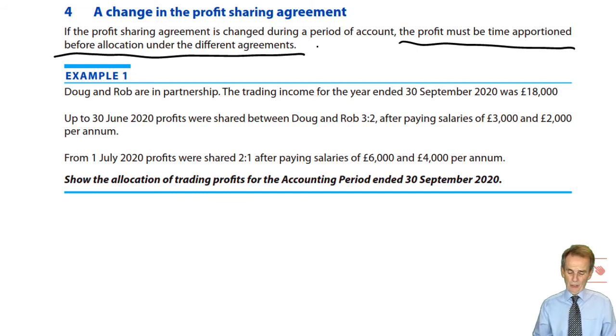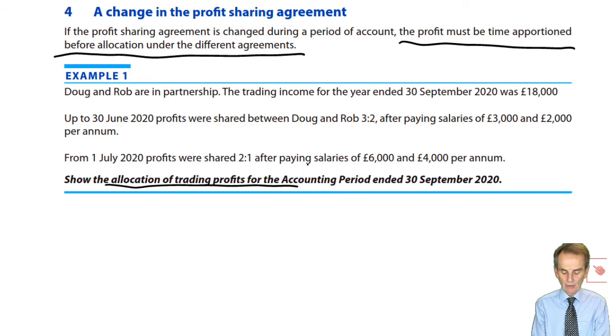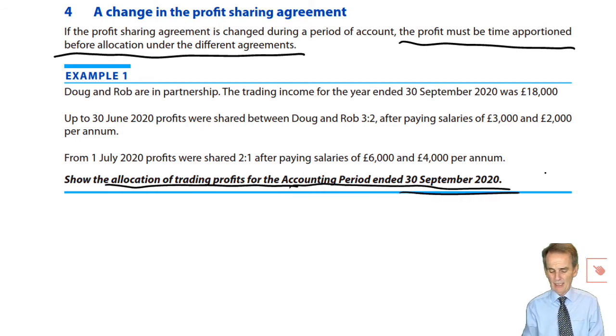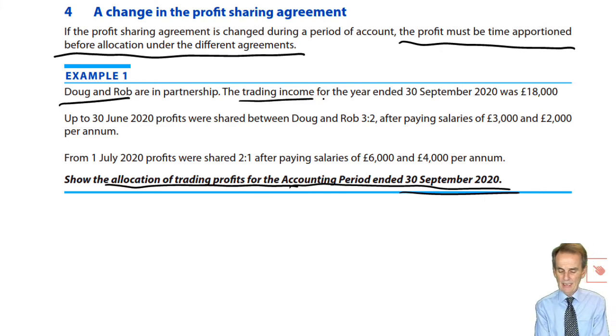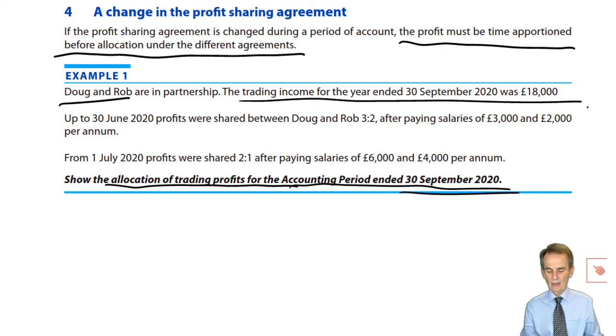What does example 1 ask you to do? Show the allocation of those trading profits, as adjusted of course for tax, for the accounting period ended, here now as we're up to date, the accounting period ended 30th September 2020. What are we told happens? Our two partners, Doug and Rob, trading income for the year ended 30th September 2020, again as adjusted for taxation,